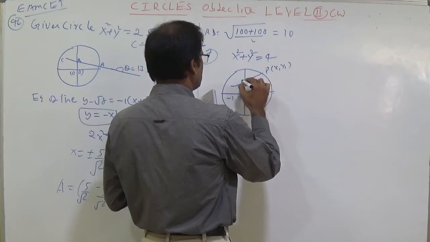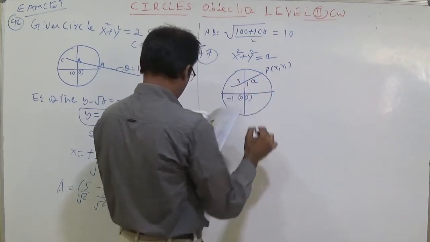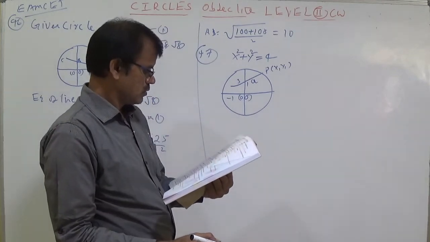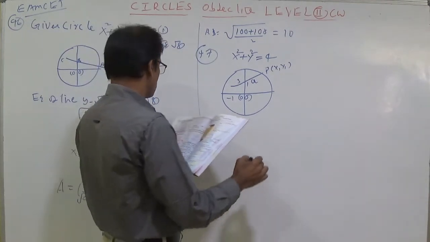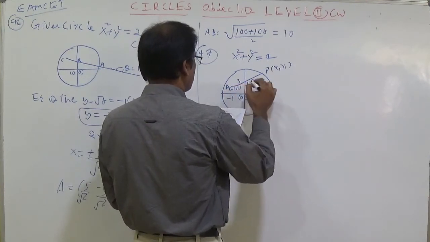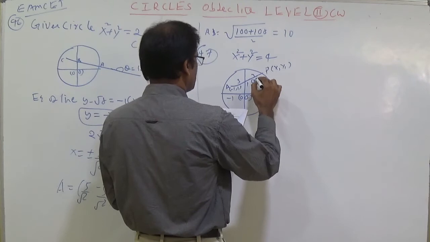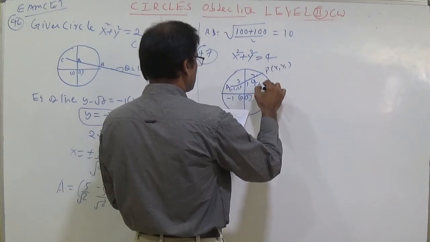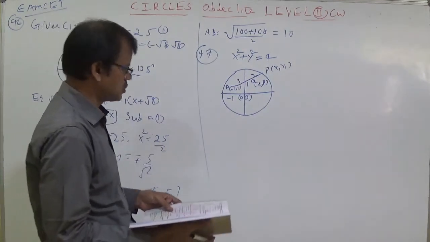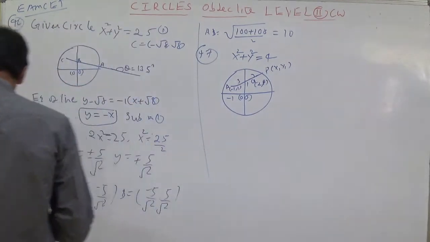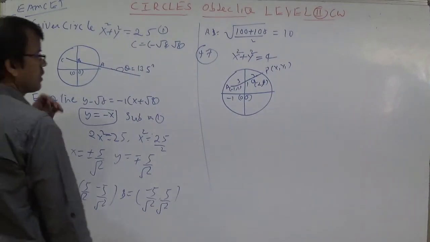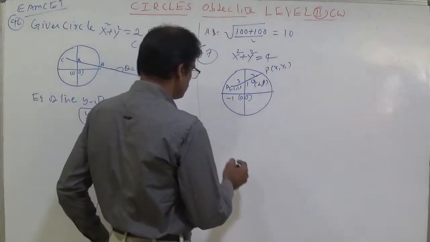Q is a point which divides the line segment in the ratio 3 is to 2. Okay, locus. This is A, A is here minus 1 comma 1, and Q is the locus point alpha comma beta. Q is a locus point alpha comma beta which divides the line AB in the ratio 3 is to 2 internally. Then you should calculate the locus of the point, so alpha beta locus you should calculate.